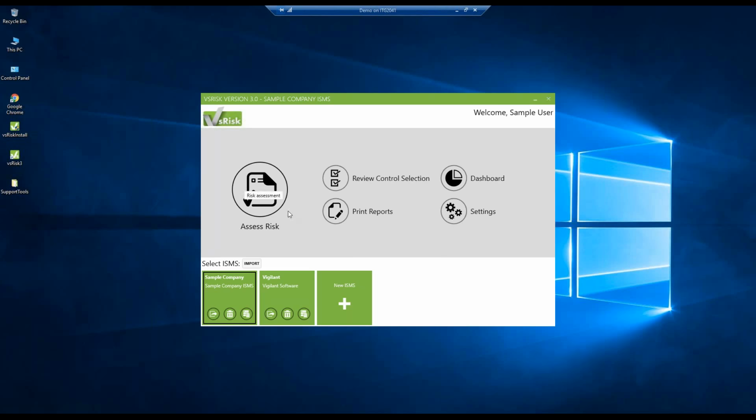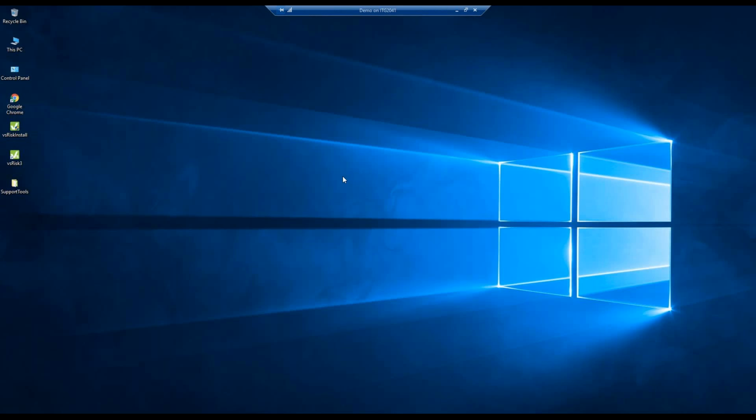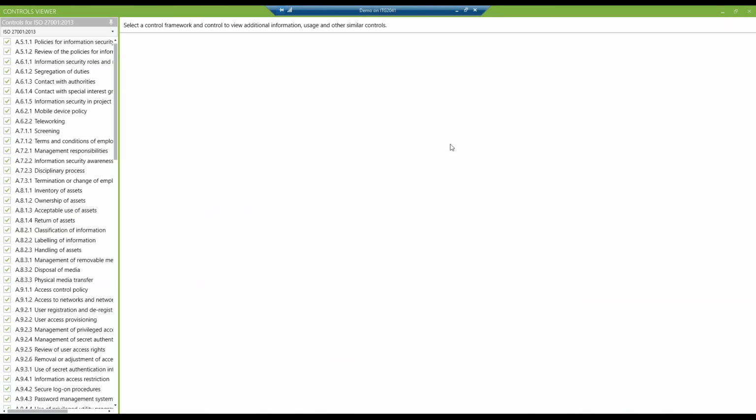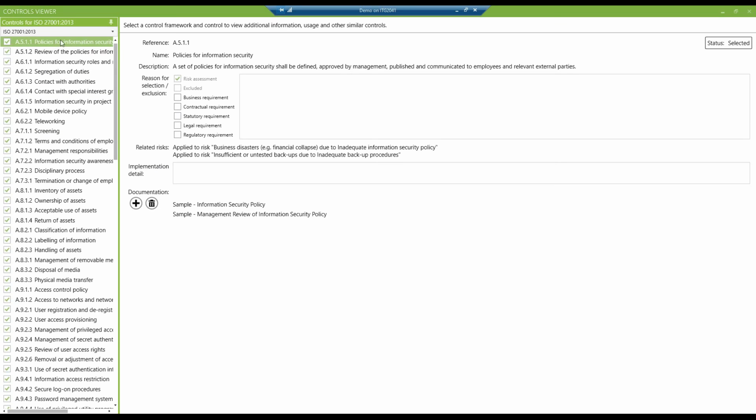So that is the creation of an ISMS started. We've gone through and created a new asset, we've created a new risk, and we've also modified an existing risk. We're now going to move on into our review control selection. Now this area is a bit of a whistle-stop tour. It's just to give you an idea as to the areas that you can modify, what changes you can make. You can also outline reasons why you're not including or why you're choosing to include certain controls from other sets if you wanted to. So the first example we're going to use is going to be our A5.1.1 policies for